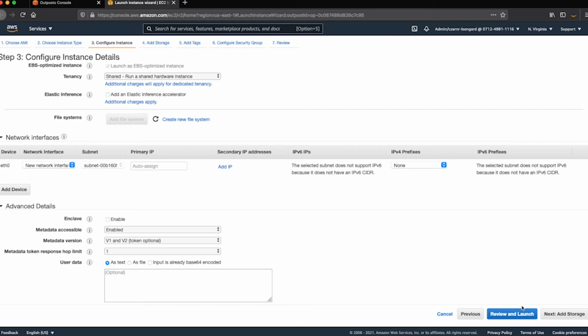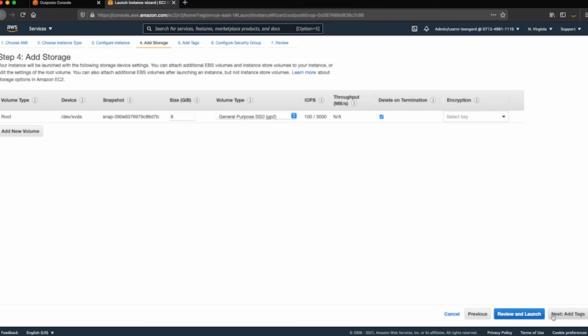Now it's important to mention that from this point, you can hop directly to the review and launch screen and go ahead and launch your instance without the need to click through anything else here. Or you could continue navigating through the instance launch wizard and specify your EBS storage details. EBS GP2 volume types are supported. You can specify how much storage you'd like to associate with this instance. I'll use the default